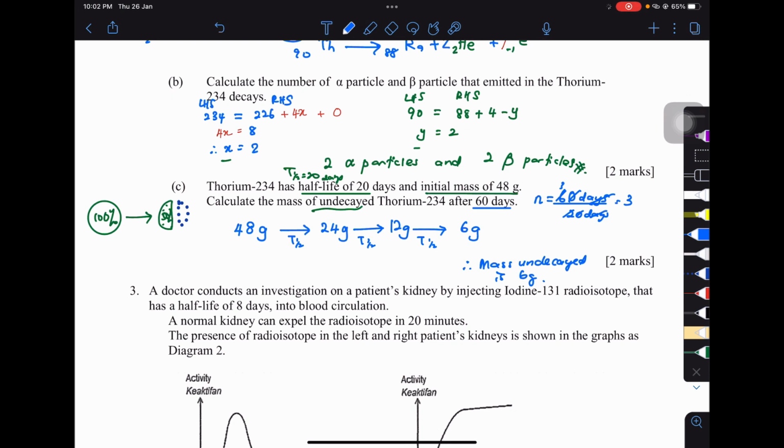Can you use a formula to answer this one? Yes. Alternatively, you can use a formula, which is very simple. This is the formula: half to the power of n, where n is how many times, times the initial value. So half, 3 times, we calculated this already, so we know 3. And times 48 grams. So that gives us